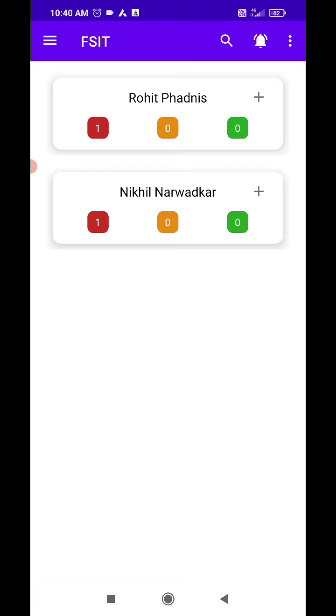Interesting part, that you'll see that Nikhil is having one task open, Rohit is also having one task open. But if I go back, you'll find that on the top page, Rohit has two tasks actually. So as a manager, it is his responsibility to get the task done from the staff who is like under him, right? So that is the beauty of it.